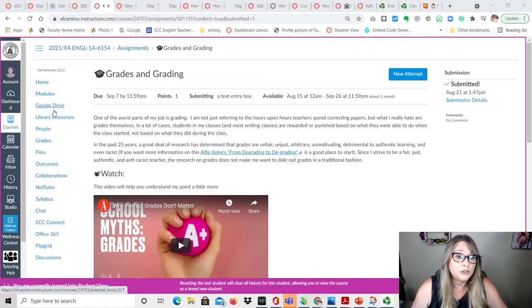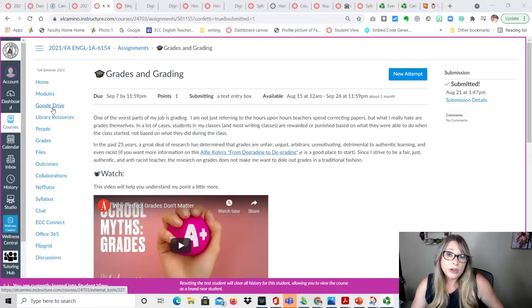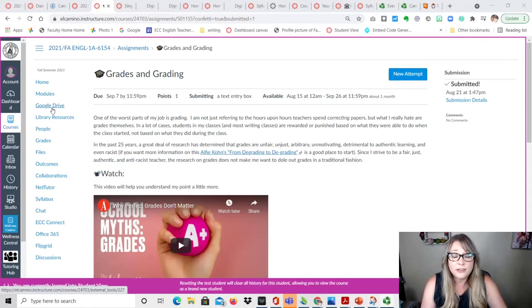Next, I would like to show you Google Drive. I ask that you use Google Drive here in this class. You already have a Google Drive account that is associated with your El Camino email and password. So if you go and type in Google Drive right now, all you need to do is put your username as your El Camino email and your password as your El Camino password, and you already have an account. So what I recommend that you do is click on Google Drive right here on the left-hand side at